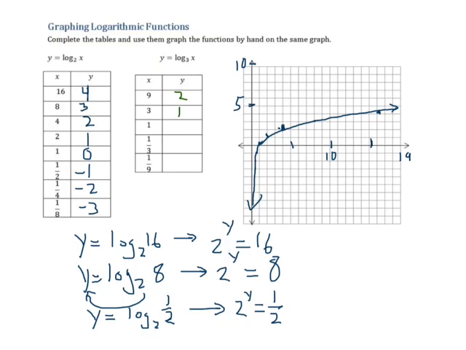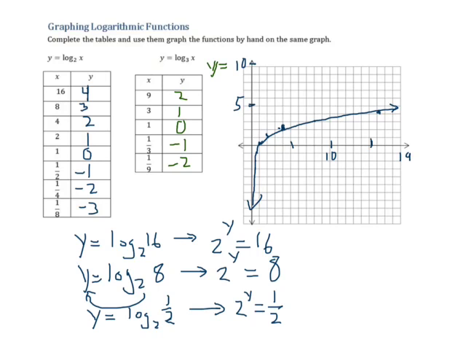Now, what is the power we put on the base 3 to get 1? And the power is 0. The power we put on 3 to get 1/3 is going to be negative 1 now. And the power to get 1/9 is negative 2. Now you might be asking, where do these come from? Why do we pick these random looking numbers here? They're not in order. Well, if we take a moment and think about y equals 3 to the x,